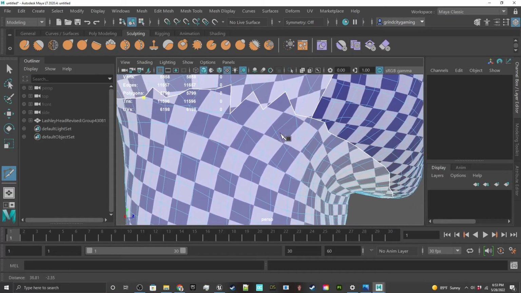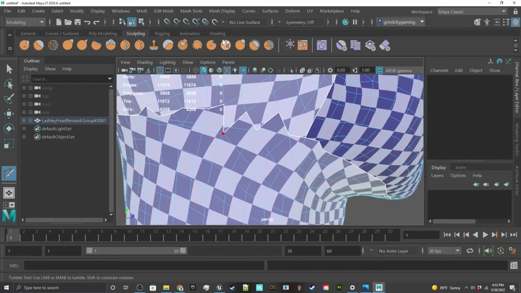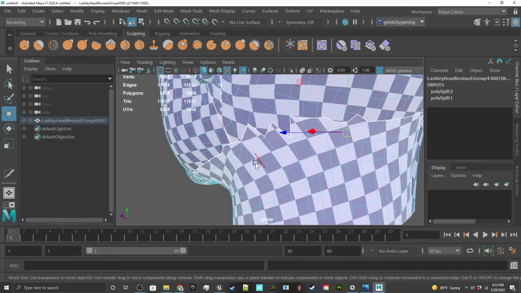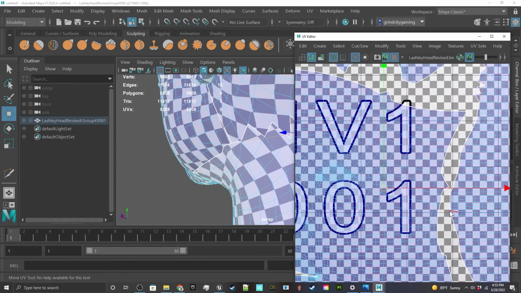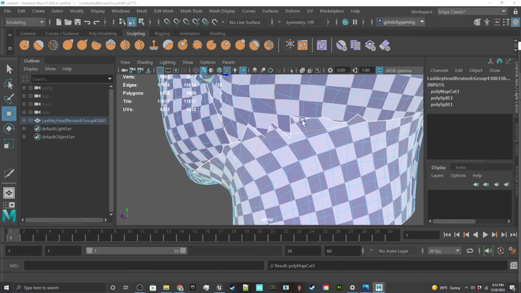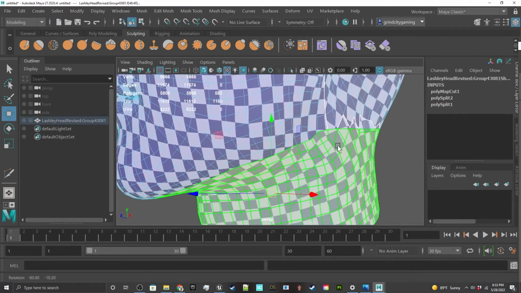Click on this vertice and click here, and then let's go back to edge mode, select that edge, select this edge, and in the UV selection, now that we have those edges selected, we're just going to go to cut, go to split,